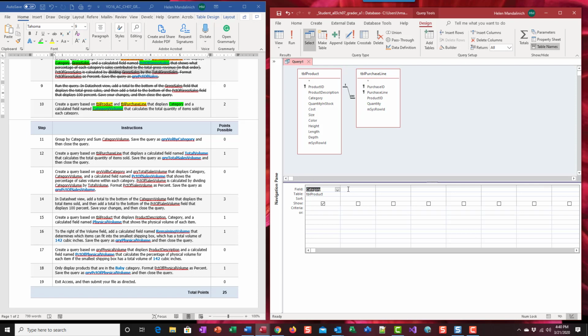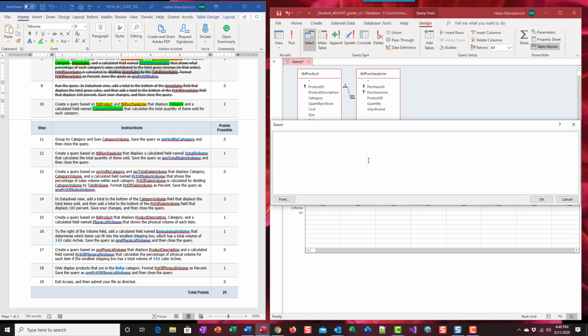So I'm going to come to my first blank field row, right click, zoom. This is going to be called category volume, and it's going to calculate the total quantity of items sold for each category. So what do you think we need to do here? All we're putting in here is quantity, right? We're just changing the name to category volume